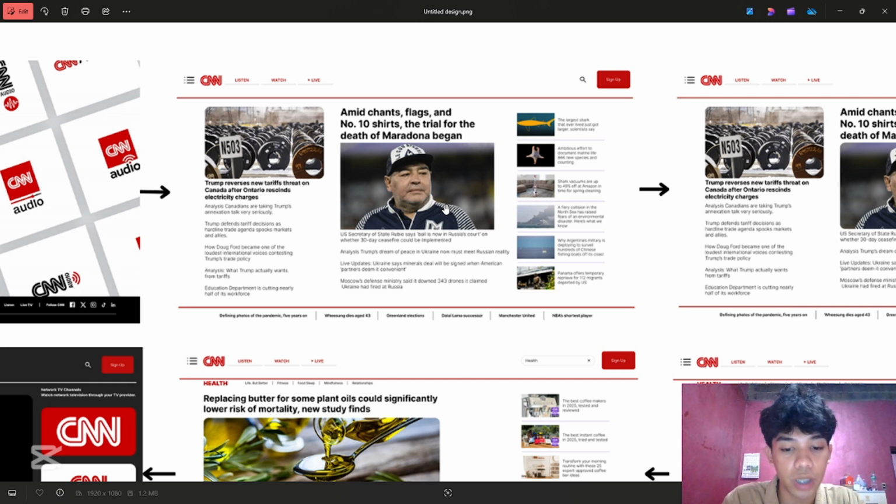The typography follows the Inter font in light, semi-bold, and bold, ensuring clarity and professionalism.